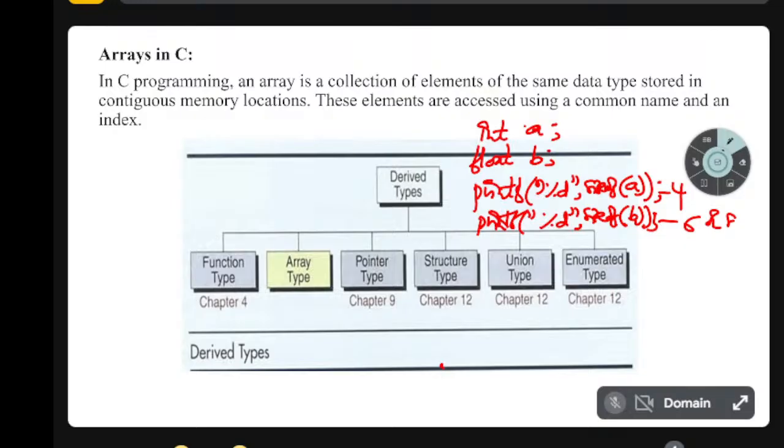Write a small program. Declare all variables: int a, short int a, int b, float c, double d, long double